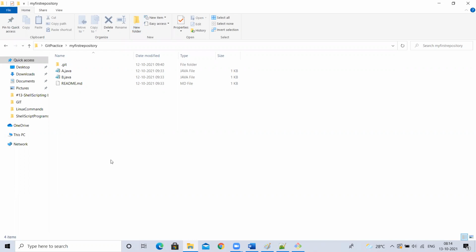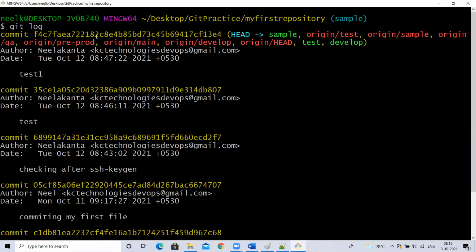If I do a commit, then my commit ID will be the head version, meaning the latest commit ID. Head version is nothing but the latest commit ID. Either you committed or someone committed and you pulled the changes, whatever it is in your GitHub repository branch. In that branch, the latest commit ID is called the head version.